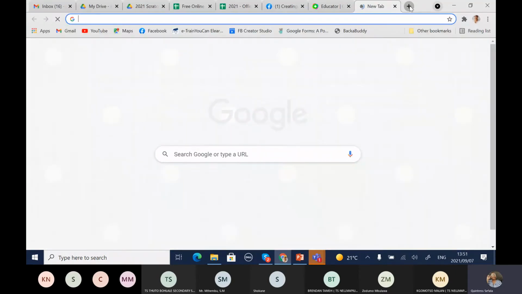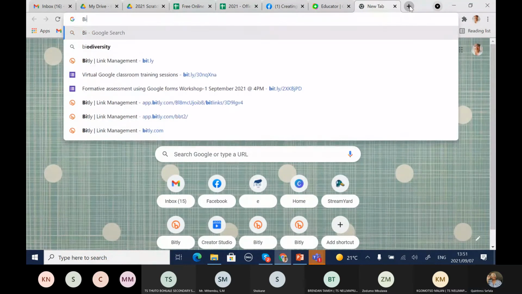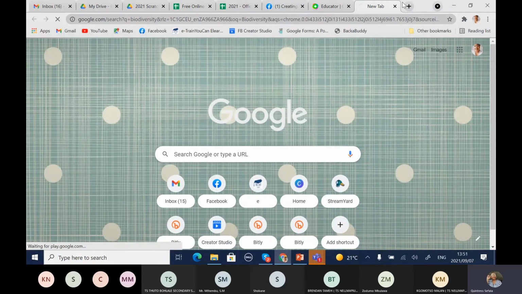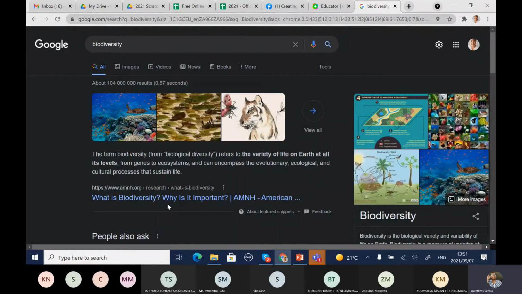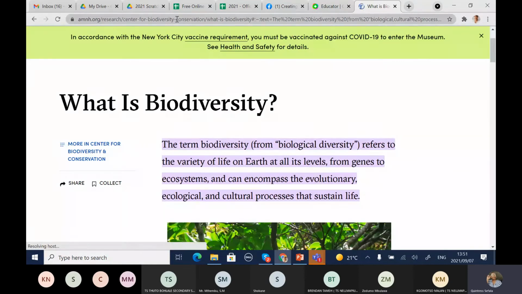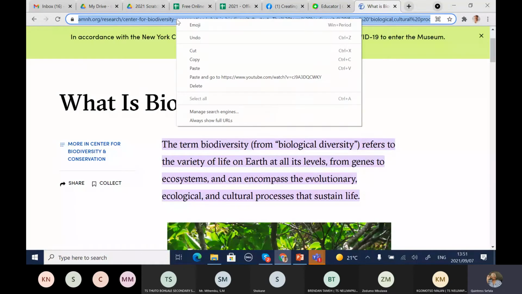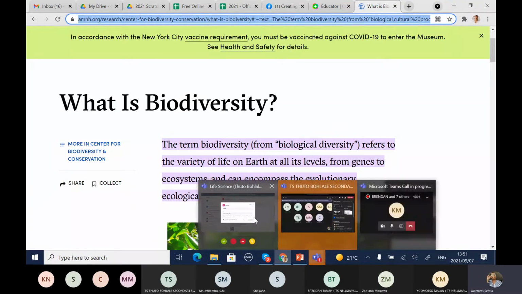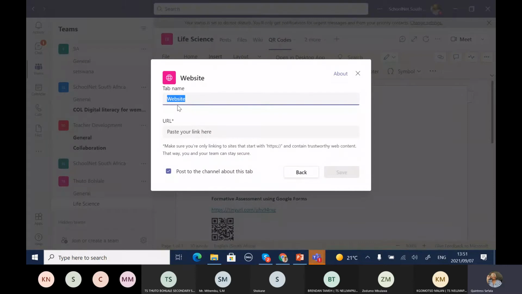So we'll just say biodiversity. And then you enter, and you just find a website that you like. So you will just use this American one, and then you copy the link. You copy the link, and then you go back to your Microsoft Teams,